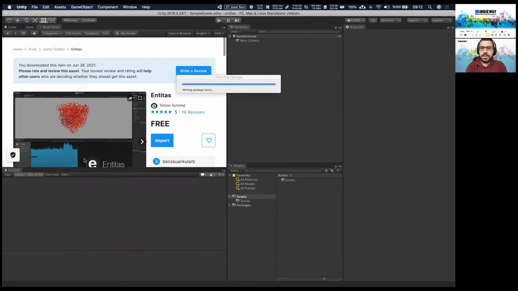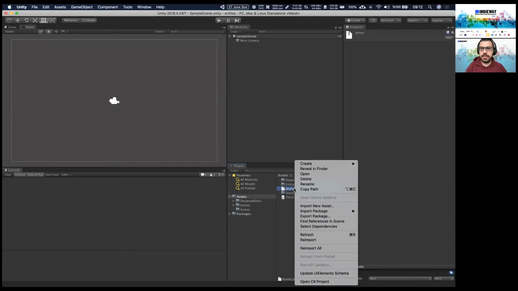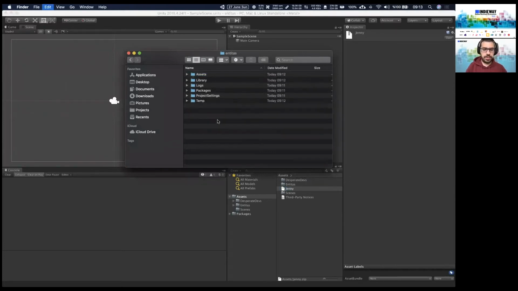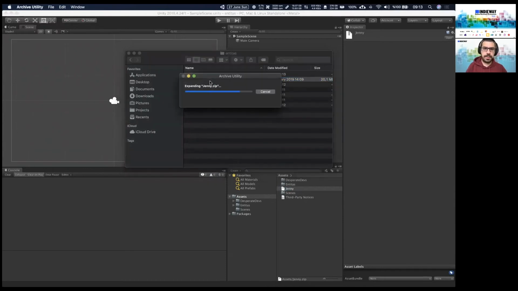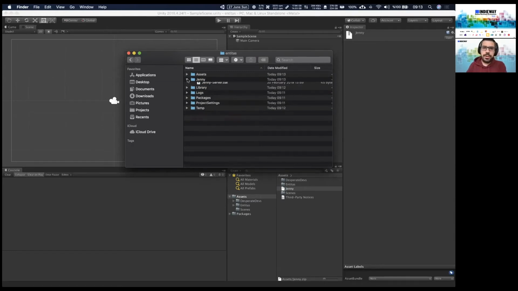When you first download it, you have to set it up. Unfortunately, Entitas documentation is not that good, so you have to find some things yourself, and you can just follow along. Geni.zip is the name of the file. This is the root of the project, and I open it. Geni is the code generator of Entitas. You have to generate code for Entitas to work properly.